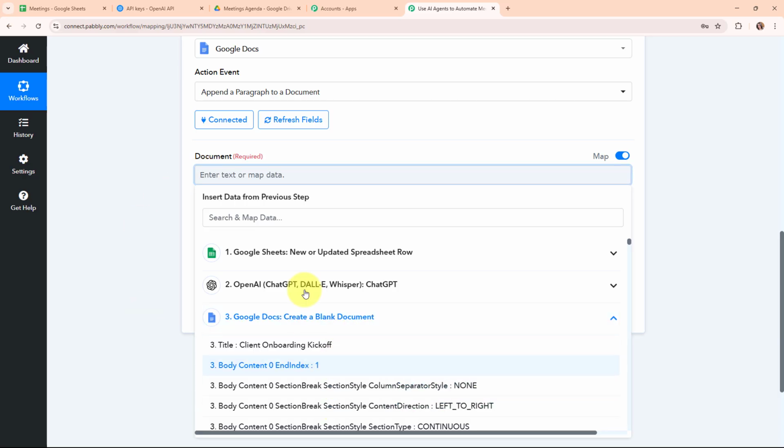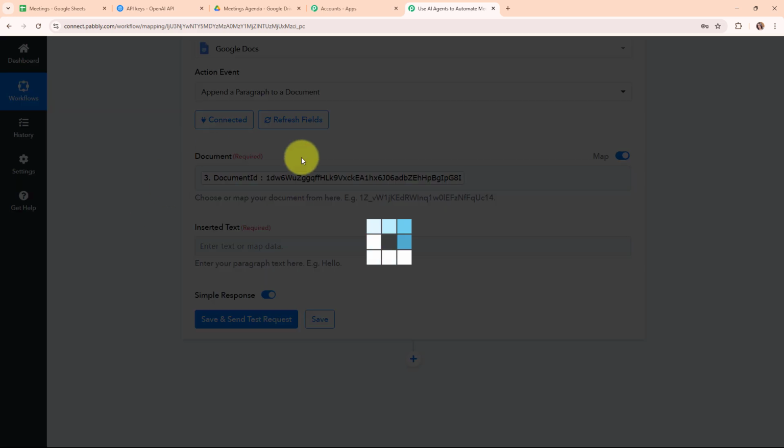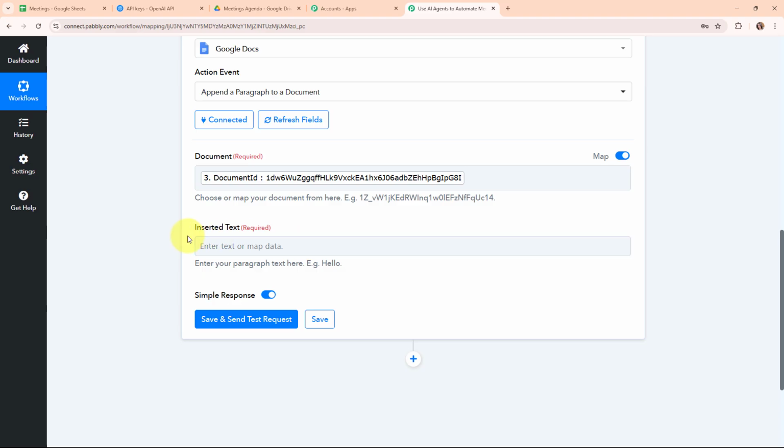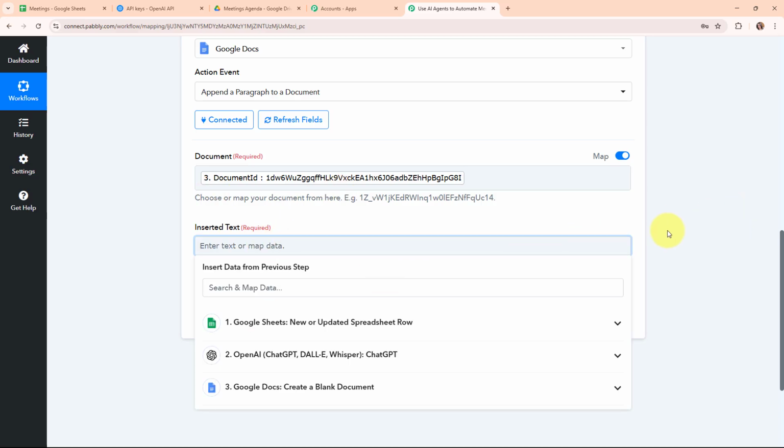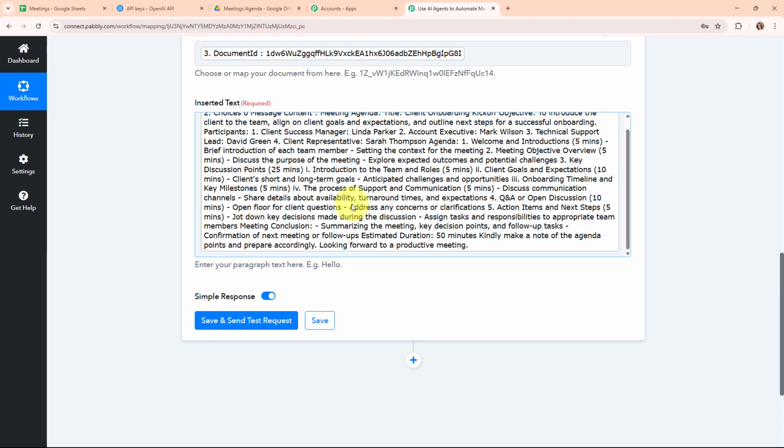So I'm going to select the document ID from here. I'm going to search for the document ID. So this is the document ID, so I'm going to select it over here, and after selecting the document ID, it is asking me to map the inserted text. That means here I need to enter the text that I want to add in this particular document. So I'm going to map the content generated by OpenAI over here,